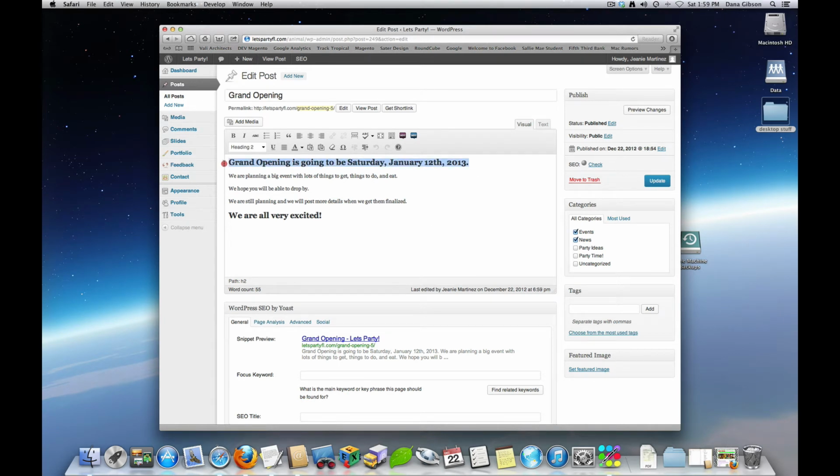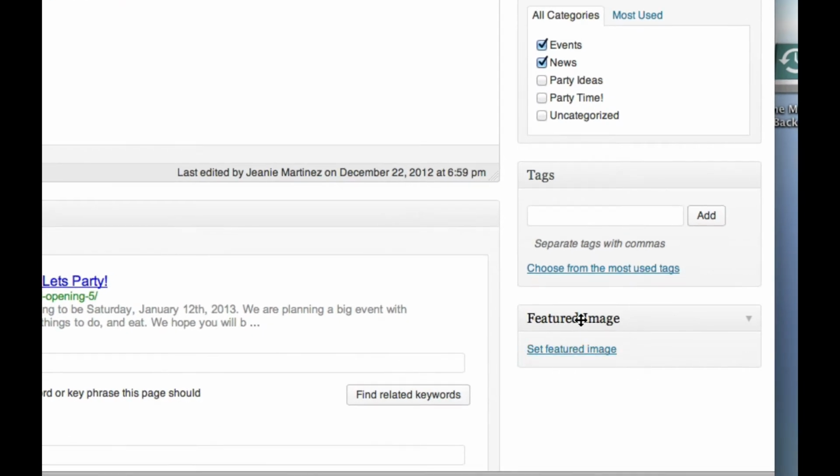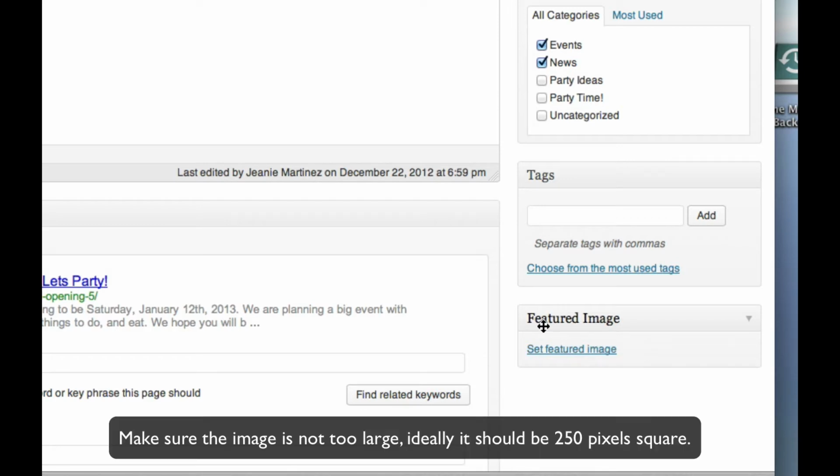I don't think I like that big tall thing there. So I'm going to change that back down to paragraph text, but I am going to make it bold. Now, I'd like to add an image to this. For posts, what we're going to be doing is using what's called a featured image down here. On the lower right hand side in your sidebar, is a thing called featured image. What we're going to do is we're going to add a featured image. I'm going to click on that,